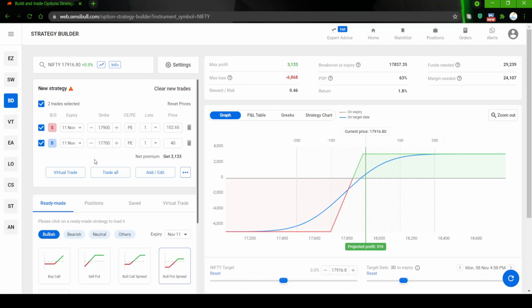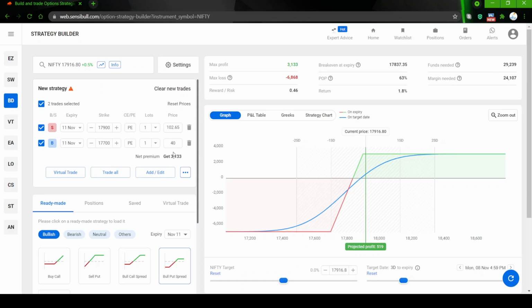So we are going to sell one put for a premium and we are going to buy the lower put. Meaning the 17,900 put we are selling. 17,900 is the at the money put, so we are selling it, and we are going to buy the out of the money put. When I say lower put, the strike price is lower than the sell strike. This bull put spread is a net credit spread, meaning for taking this position we are going to receive the premium.